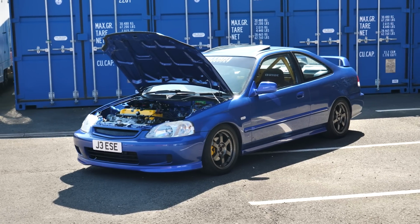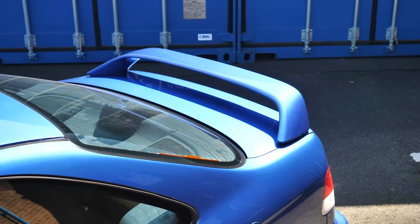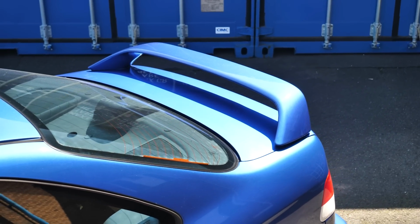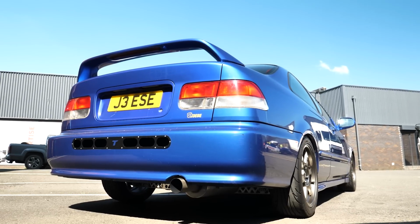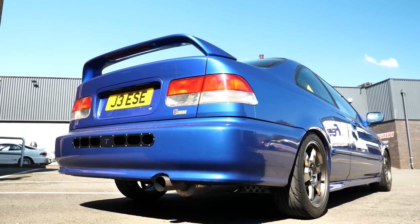The lip is from an SI, and then the spoilers from an SI, and apart from obviously the wheels, that's literally it for the outside. I'm debating it now, like carbon bonnet, carbon wings, and everything, but I didn't want to go too far away from just...